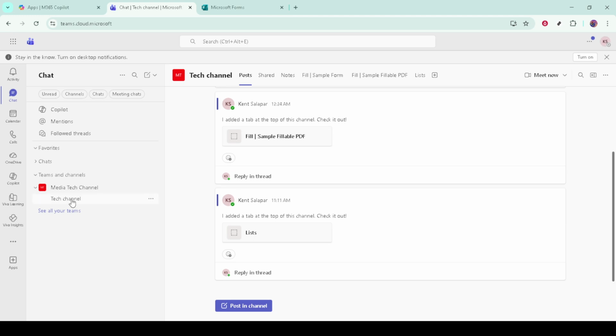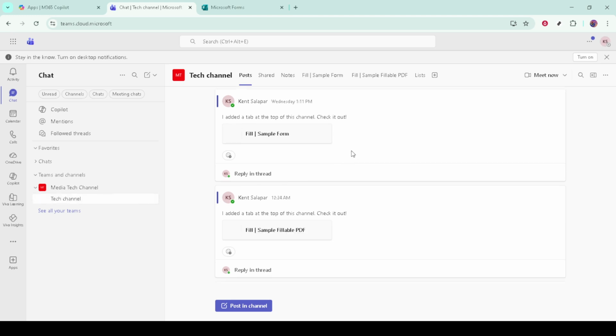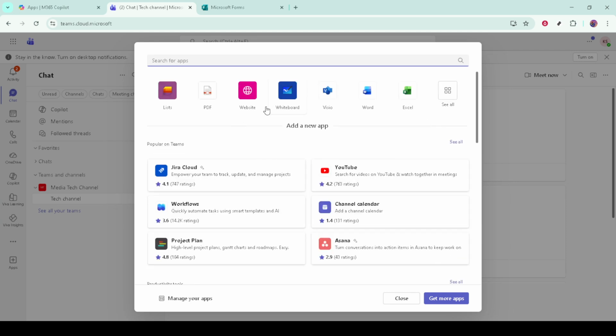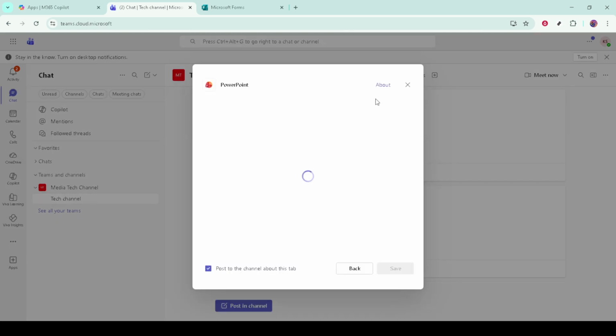At the top of the window, select the plus icon, also labeled Add a Tab. This opens the gallery of apps you can pin to the conversation. From here, choose apps to browse the available options. If the list is long, using the search bar can save time. Find and select Forms. This is the Microsoft Forms app that connects your existing surveys to Teams without copying anything